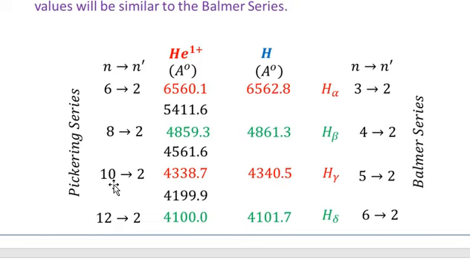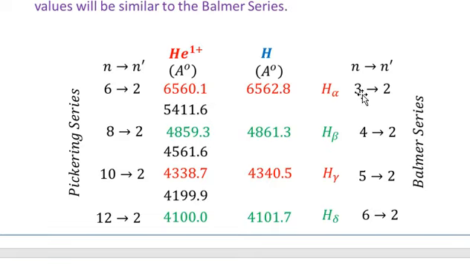the transition from change of a principal quantum number from 10 to 2, the transition wavelength will be 4338.7, and under the transition from 11 to 2, the wavelength will be 4199.7, and under the transition from principal quantum number 12 to state number 2 will be 4100. Now, on the next column, I have shown the values for the hydrogen atom, and these wavelengths are in the angstrom. And on the extreme right hand side, I have shown the change of principal quantum numbers for the